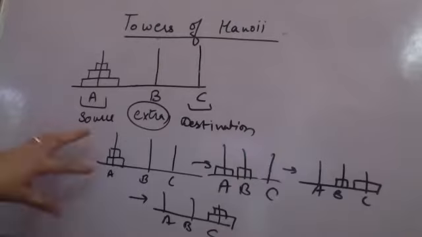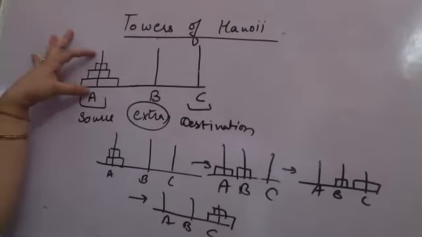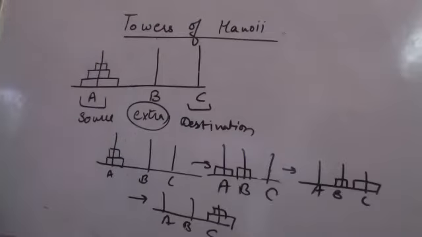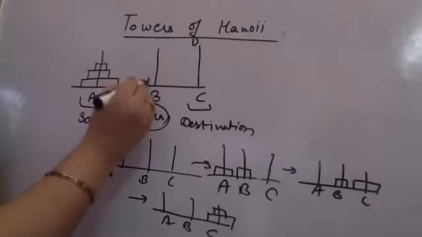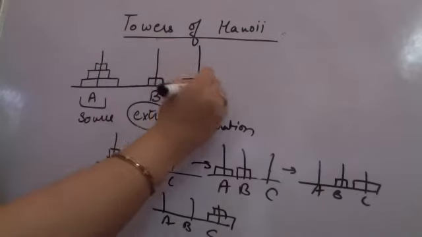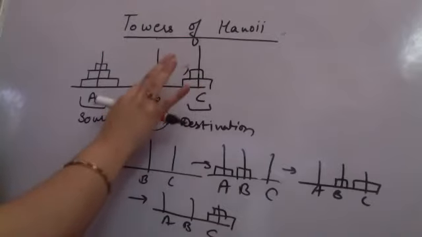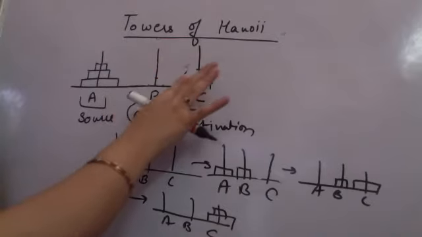So this is how we do for 2 disks. Let us now try to see what is the concept of recursion in this. When I am coming with 3 disks, what I want to do, understand what I am going to do is, I am going to shift the smallest here, shift the entire bigger one here and shift back the smaller. This is my approach. I will again say what steps am I following.